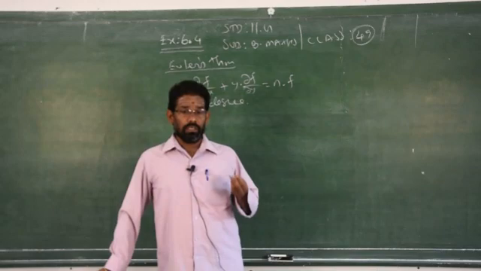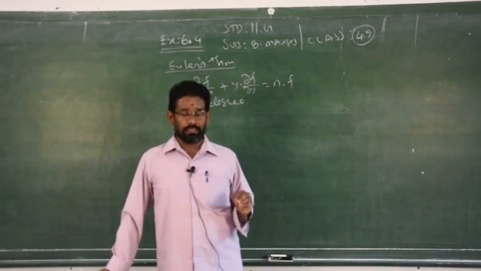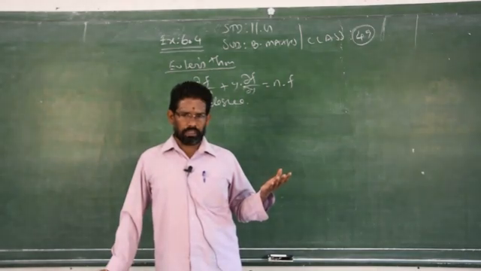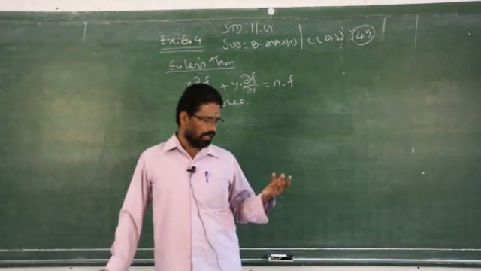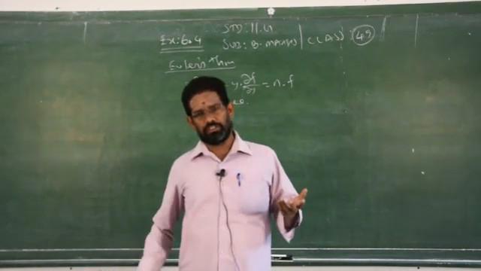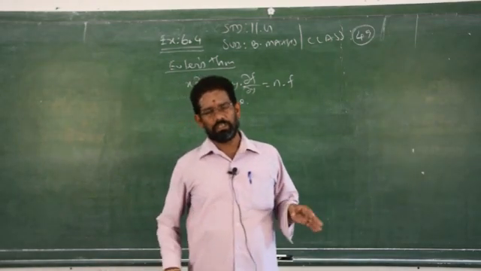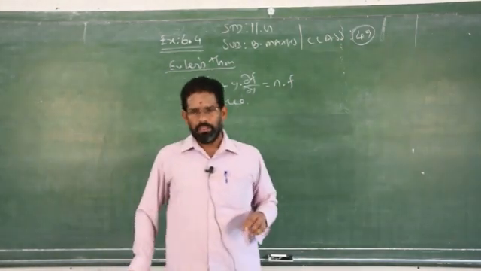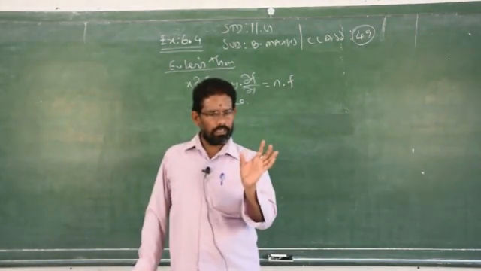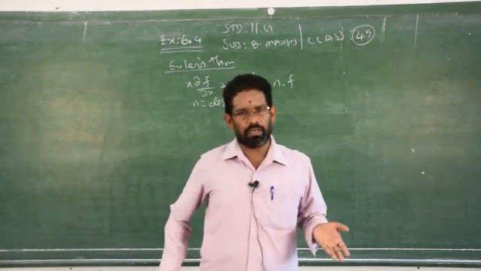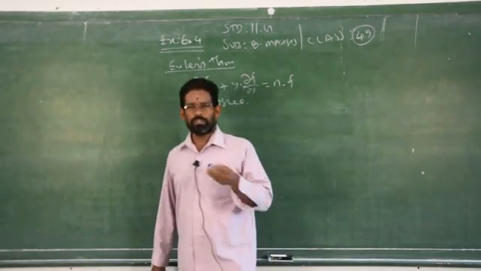A function not consisting of the transcendental functions that you studied already in the previous chapters, that is sine, cos, log, e and inverse functions, sine inverse, cos inverse, tan inverse. Any function where the variables are in terms of these trigonometrical ratios, exponential format, or logarithmic format